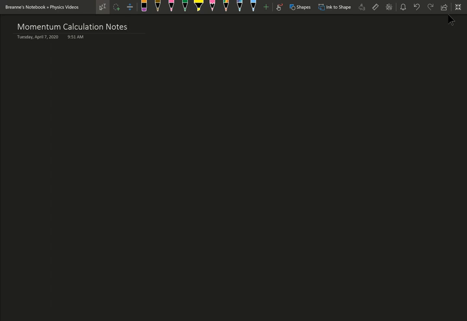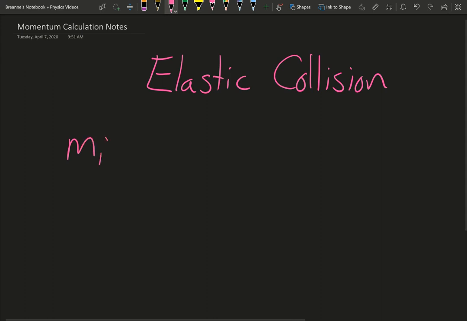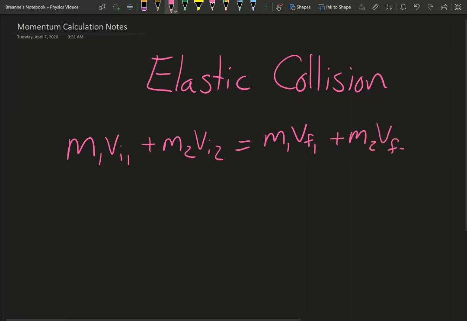So the first collision calculation we're going to talk about is your elastic collision. Hopefully by now you know elastic means they bounce off. So your elastic equation is going to look like M1 VI1 plus M2 VI2 equals M1 VF1 plus M2 VF2. So you have two objects, and this is